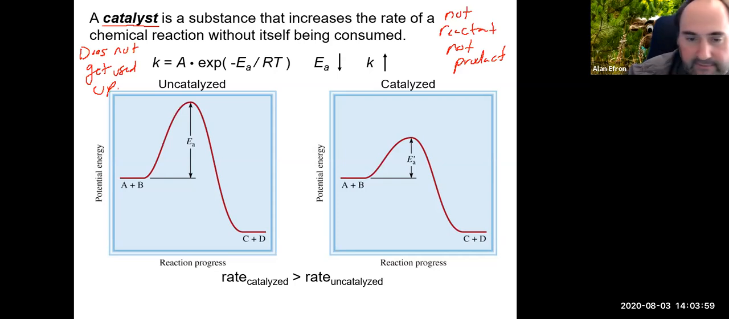Well, a catalyst, for lack of a better description, finds an alternative path for everybody to come together in a much more efficient manner than they would if they were just by themselves, trying to find each other by floating around or whatever it may be. So for example,